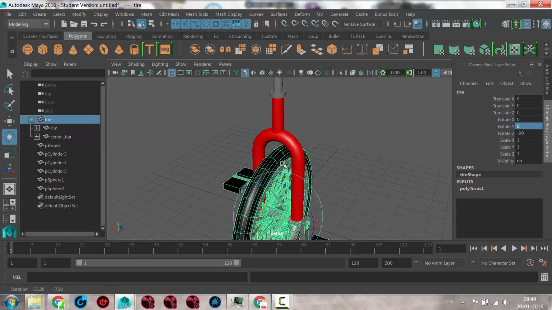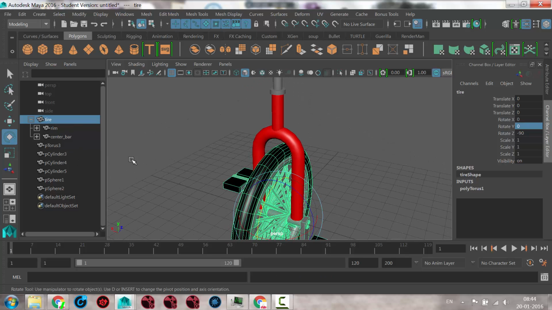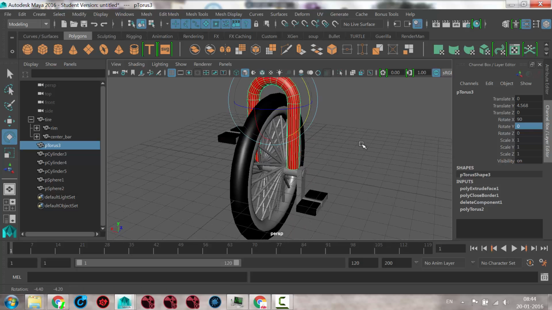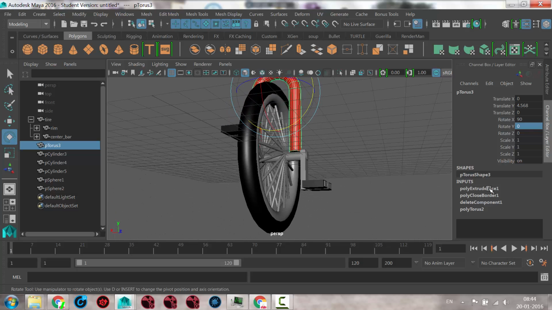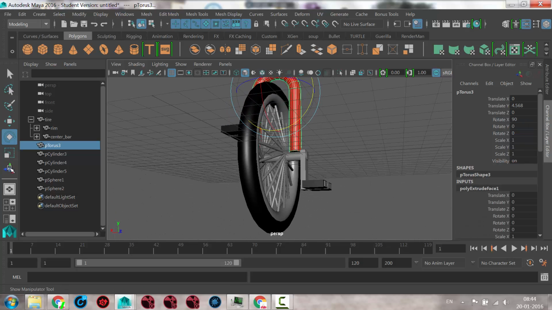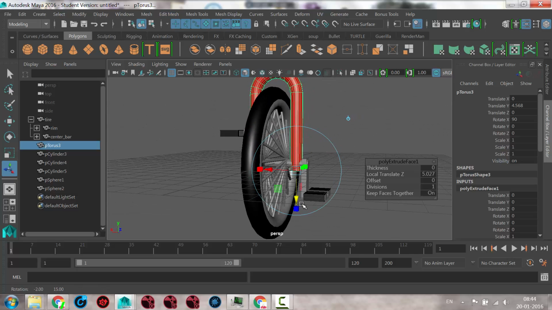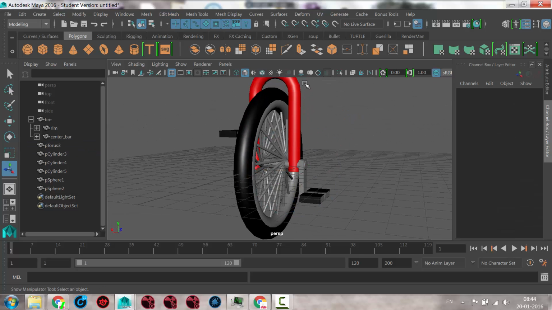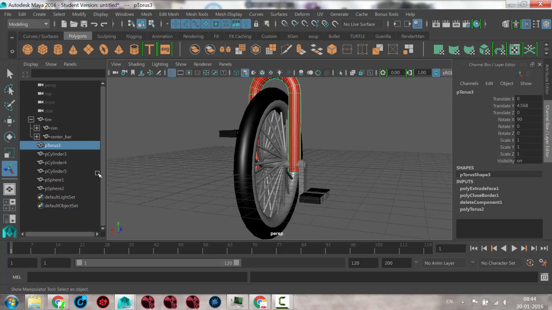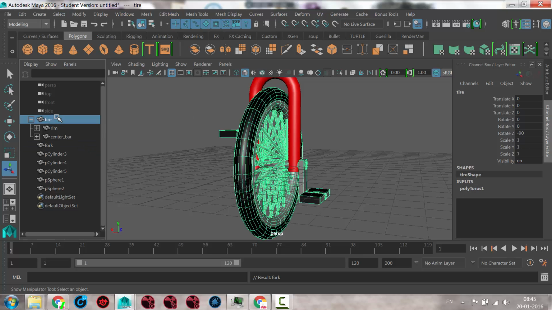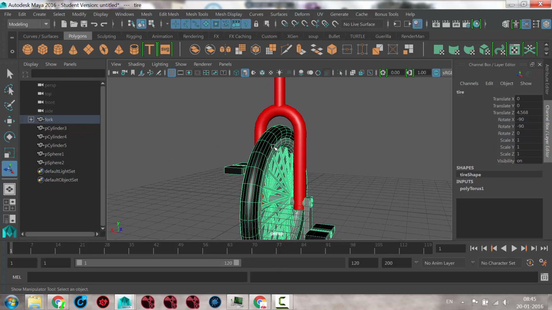And I need to make that part of the bike. So let's see, grab this one. Actually, I want this to go down a little further, so I go to extrude, and then I press this button over here. And then I can just extend the extrude a little bit, like so. So this is the fork bit. So I'll just make the tire be a child of the fork. And then we have